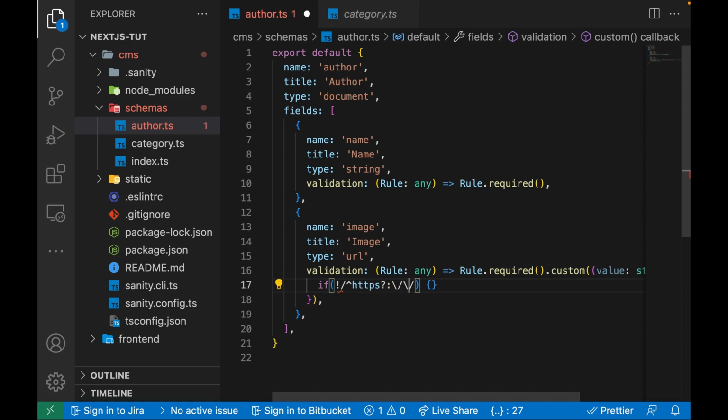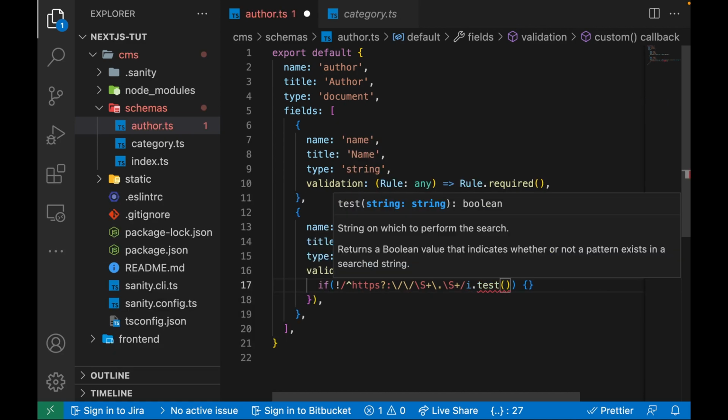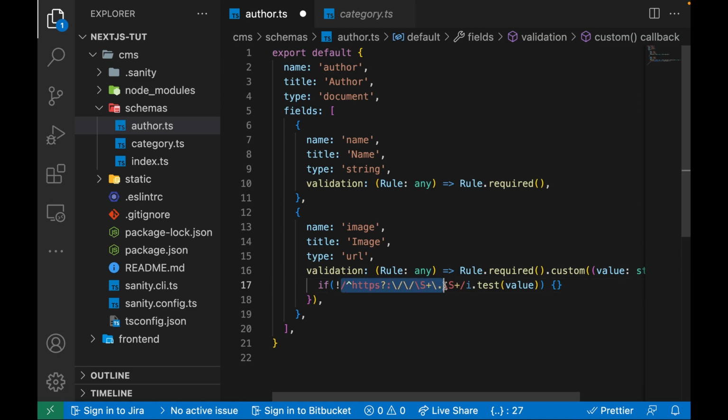Okay, and then we have a plus like this, just have a dot, and then we have another /s, and then we have a plus, and then to avoid casing, we just use this I, and then we can go on to have a test on this regex expression, and we can test the value that we receive to match this, and then if it doesn't pass, so if this test doesn't pass, we can go on to return this warning that says